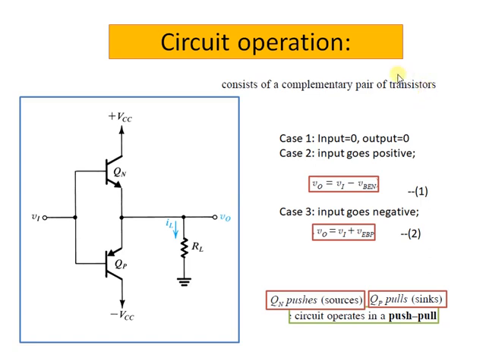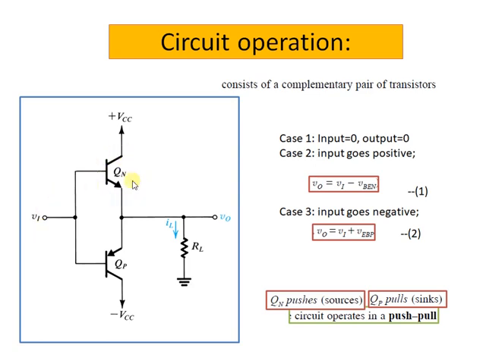So the first case, when the input voltage is 0, that is VI is equal to 0, both the transistors will be in the cutoff, that is QN and QP will be in the cutoff, and the output voltage will be equal to 0. The second case, when the input is positive and exceeds beyond a value of 0.5 volt,